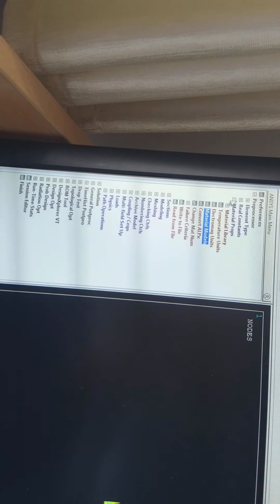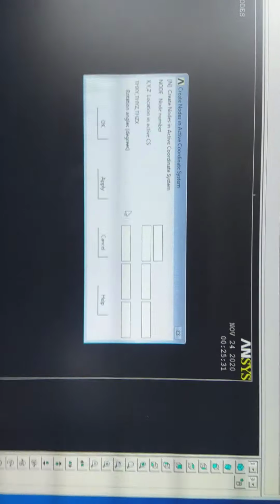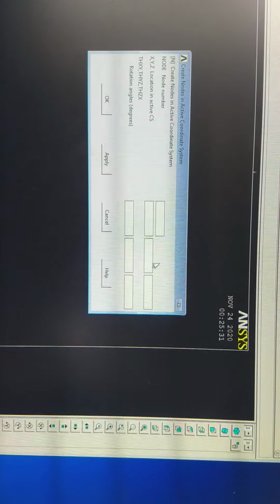and come back. So after this material properties, go to modeling. So in modeling, select this, come to create. Here in create you have to go to nodes, and in nodes, in active CS, you have to enter the node number 1 position 1.